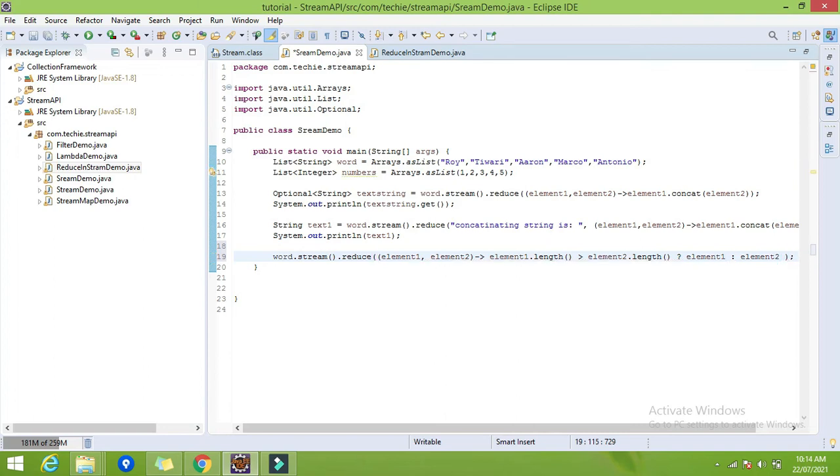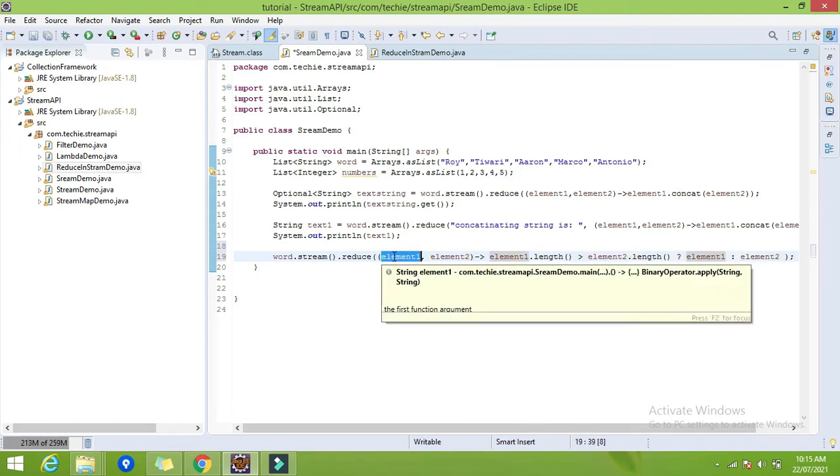And then semicolon. So what will this operation perform? First it checks the length of the two arguments, and whichever is the longest will be returned. As I already told, the result of this operator will be stored into the first element, right?